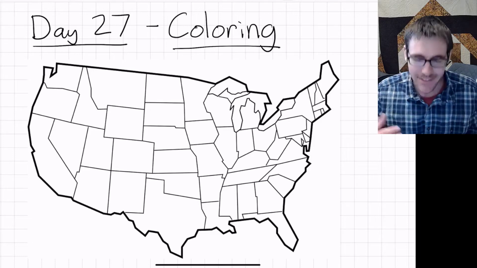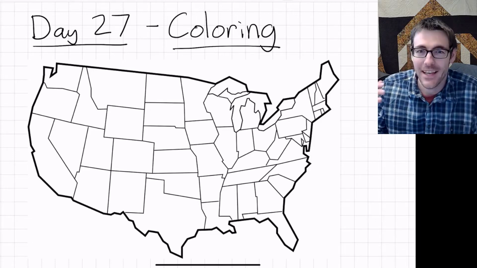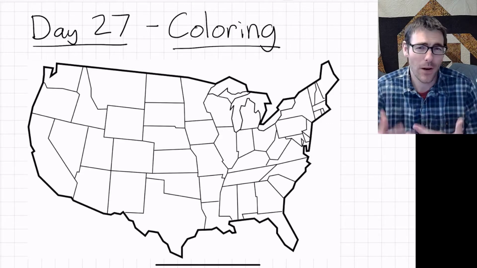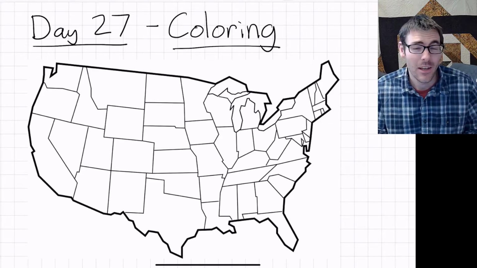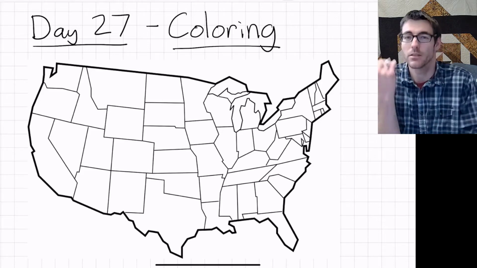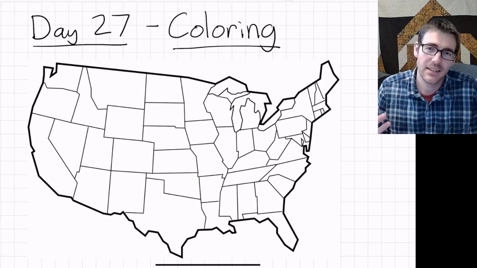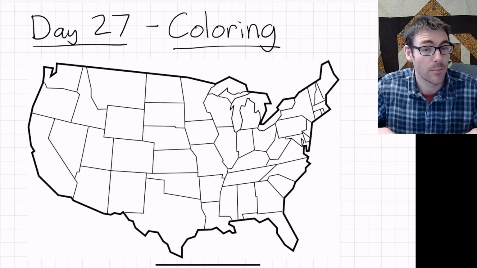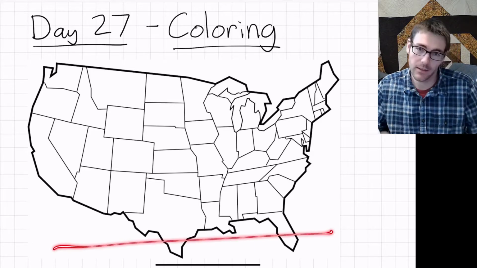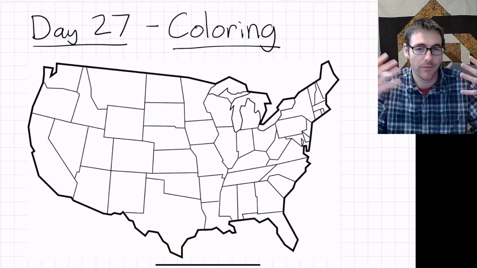All right, next up in our graph theory topics is this idea of coloring a graph. And this topic has a surprising number of applications, many of which don't necessarily seem like they're graph theory questions. The first we'll talk about is this idea of coloring a map. So let's say that we are map makers and we have this blank copy of a map of the continental